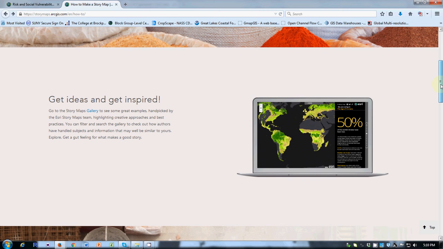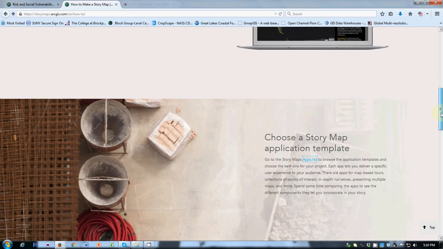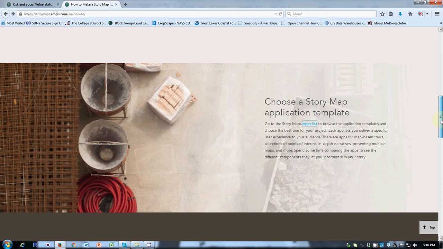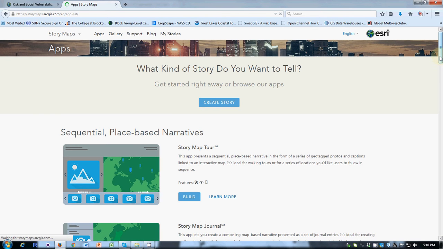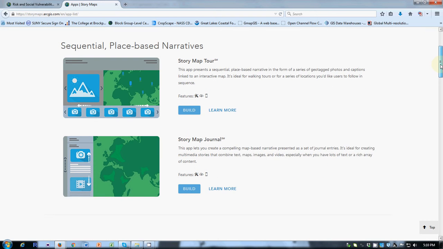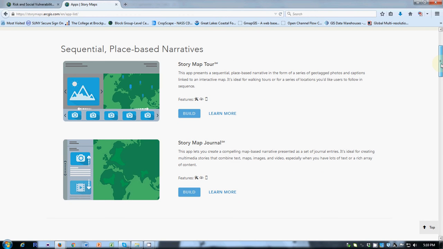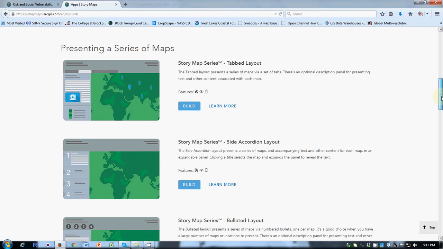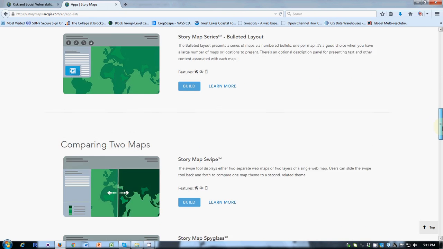Once you get to here, they offer you the choice of looking at some example story maps to see which one you might find appealing, or to pick a pre-built template, which is what I like to do. So going ahead and asking for the app list or the pre-built templates for story maps, they'll be here any second. I can discover that there are a number of pre-built templates, maps that are oriented towards staying in a very fixed location and showing changes over time or something like that, showing a series of maps in sequence, showing two